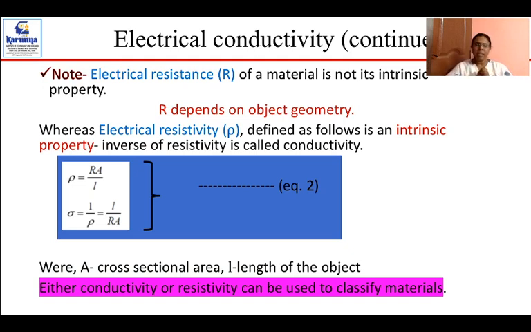You could see resistivity is nothing but the electrical resistance of the material multiplied by the cross-sectional area divided by the length of the object. The next parameter is the electrical conductivity sigma. This is nothing but the reciprocal of the electrical resistivity, that is 1 by rho, nothing but L by R multiplied by A. So either of these two, conductivity or resistivity, can be used to classify the materials based on their